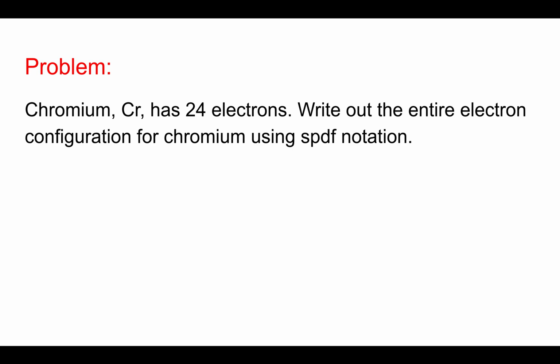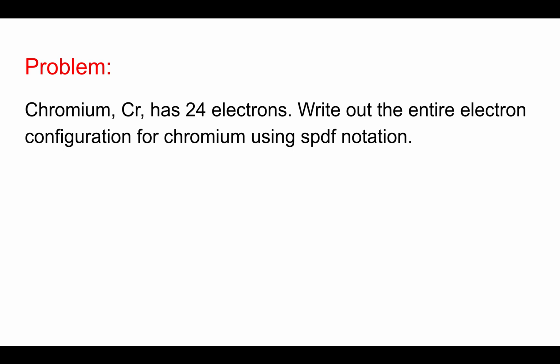So don't look at your periodic table. Don't look at your chemistry book. Just try from memory to write out the electron configuration for chromium. We know chromium has 24 electrons. So, try to write this out. 1s2, and so forth and so on. You can pause the YouTube video and try to write it out. Okay. So now,